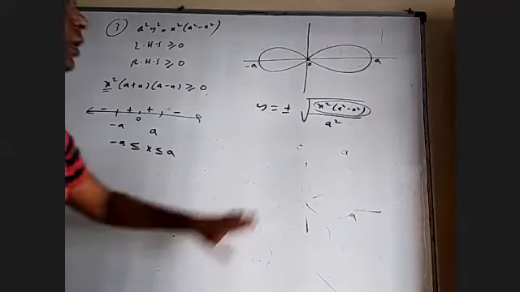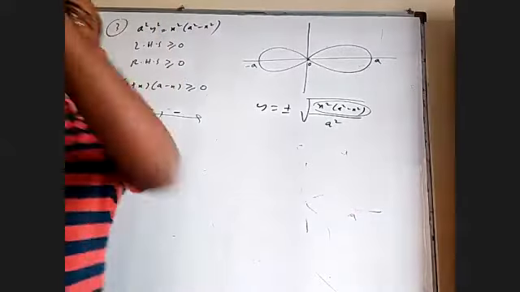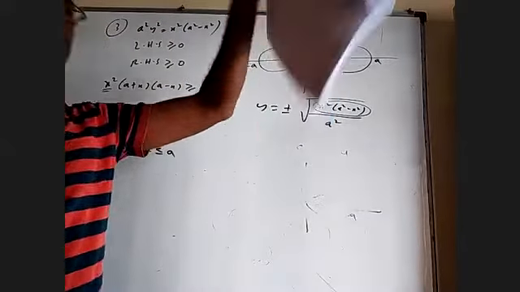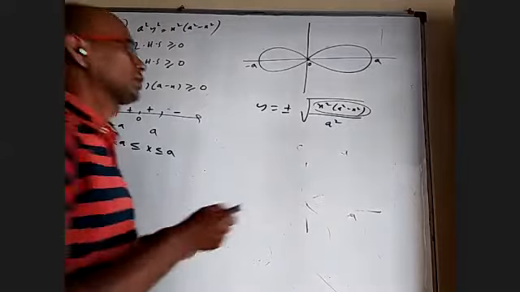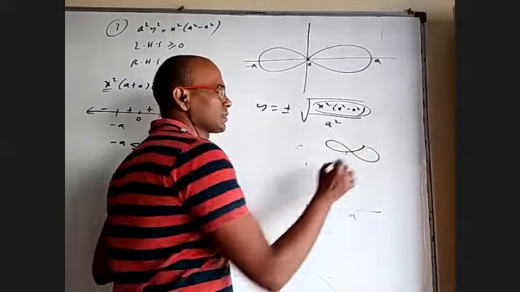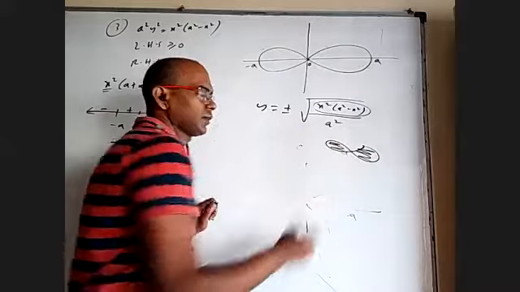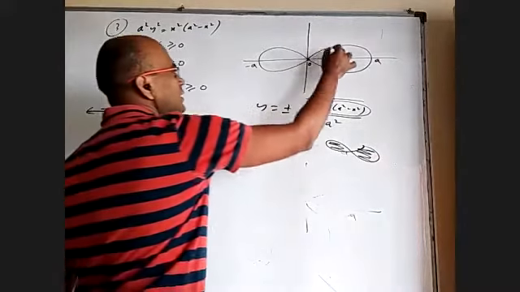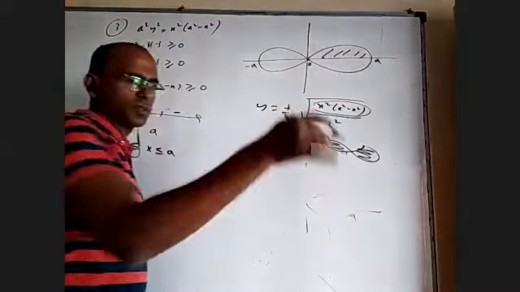No. So now they want the area bounded by the curve itself. No x-axis, y-axis mentioned, nothing. Just the area of the region bounded by that whole thing. So when you take this shape, nothing else. They want this area and this area. So I'm going to find this area and multiply 4 times because of symmetry.